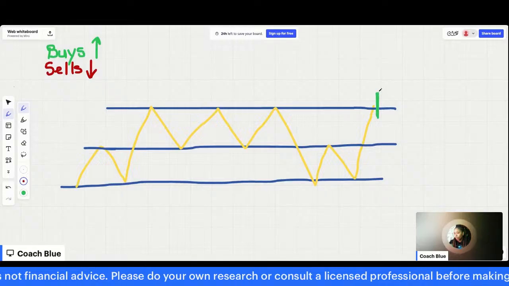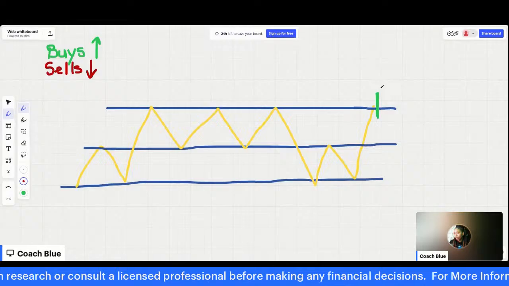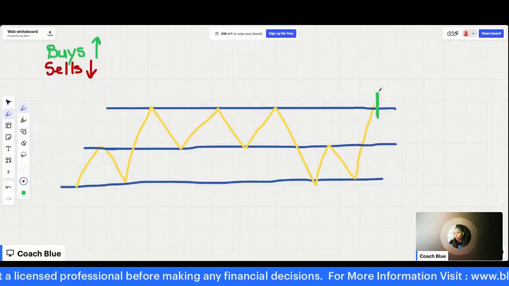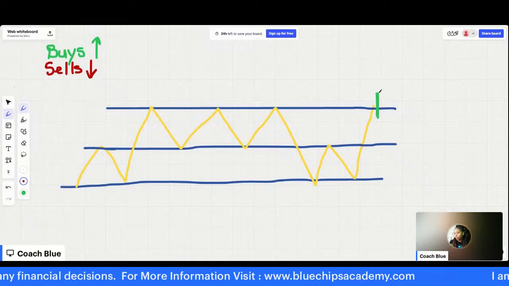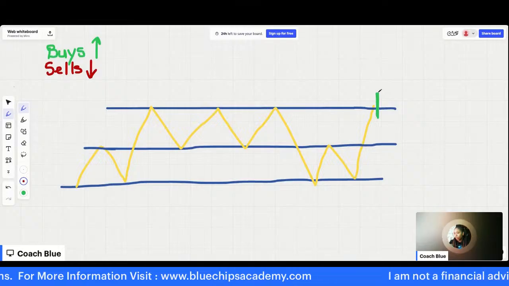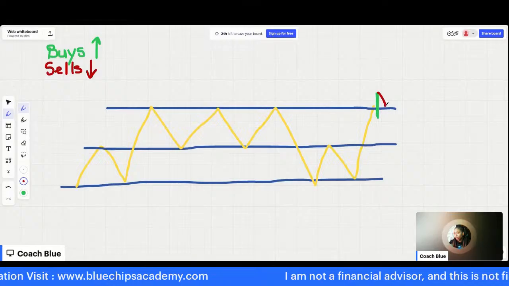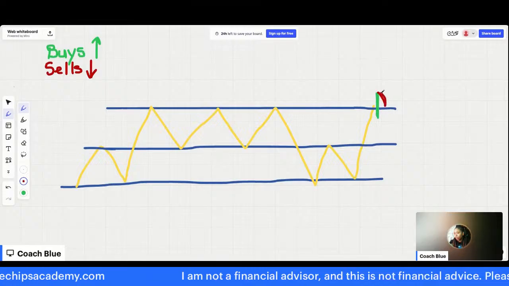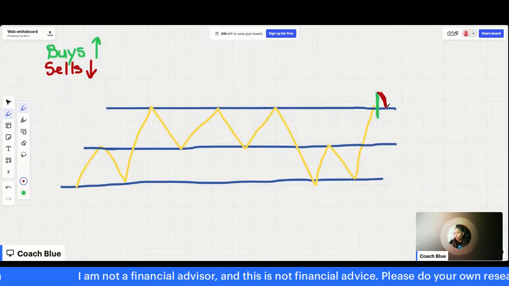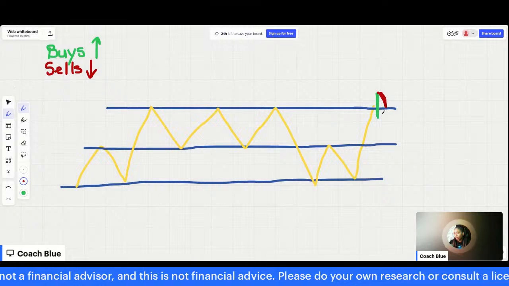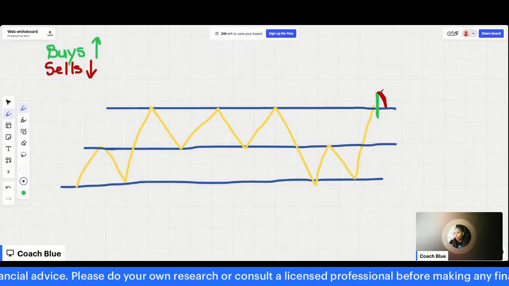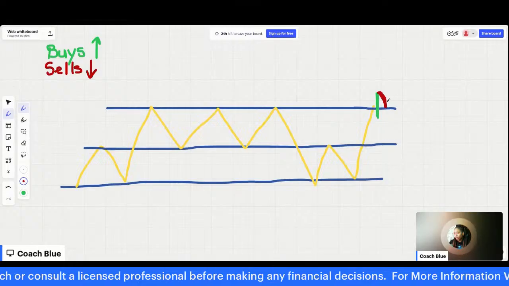This pullback is so essential because that helps us to determine, should we wait for our buying opportunity to get in or should we no longer look for buys? If that pullback comes down to this key level, so let's just say that this is a red candle and it comes down to this area here, at or around this area. Sometimes it'll come down a little bit here, but as long as it doesn't come all the way down here. Okay? If that pullback is here, that is a valid pullback.